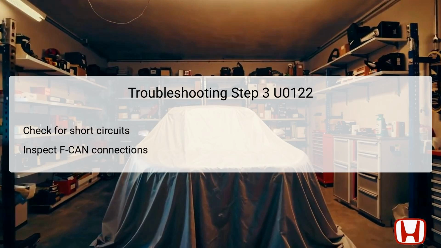The third step in troubleshooting DTC U0122 involves checking for any short circuits in the FCAN lines. Similar to the previous steps, use a multimeter to examine the continuity of FCAN_H and FCAN_L. A short to ground indicates a more serious wiring issue that could directly affect communication between the TCM and the